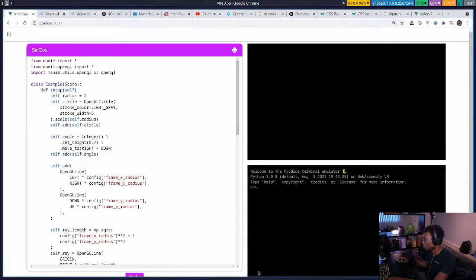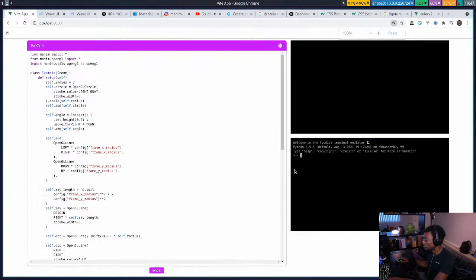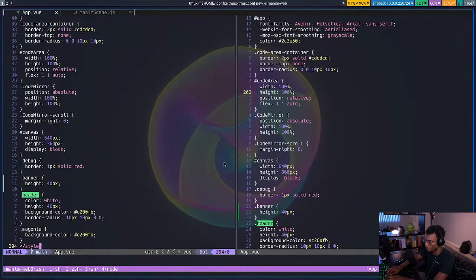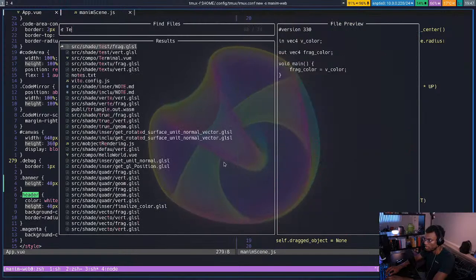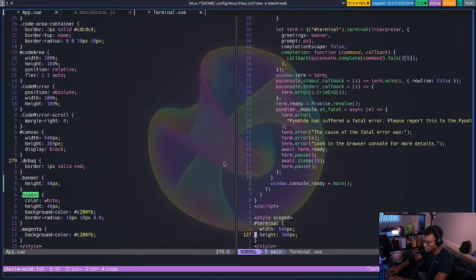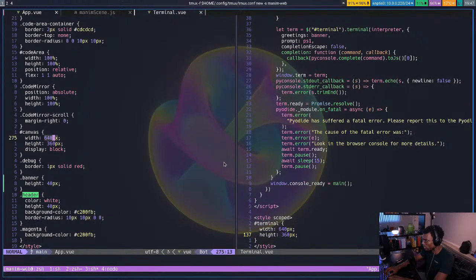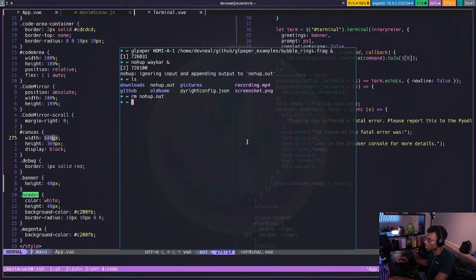Maybe it's just a matter of making the renderer and the Python thing smaller. All of this CSS is just going to be a nightmare. I'm going to have to sit down one day and actually figure this out in a more comprehensive way. But for now,